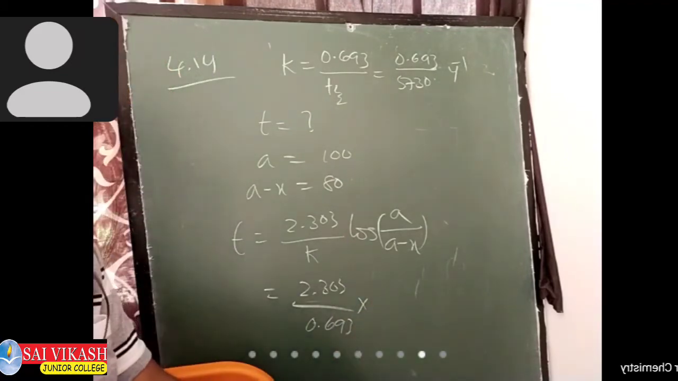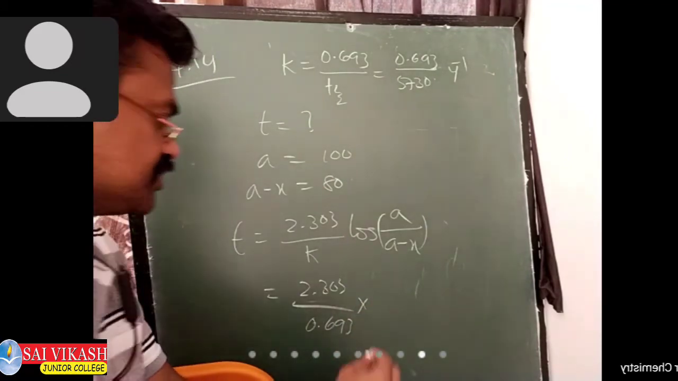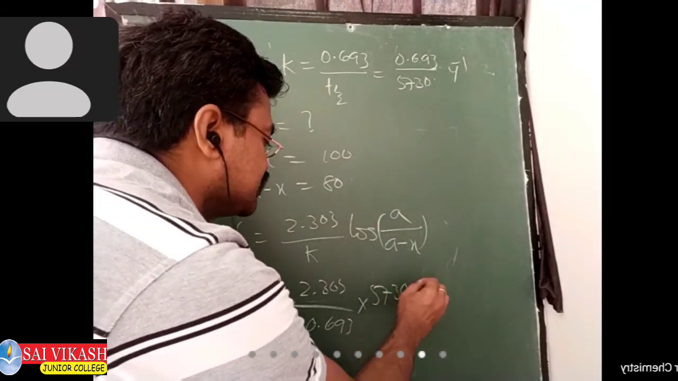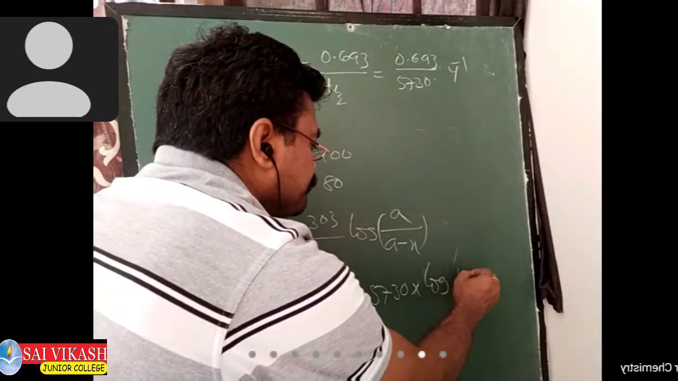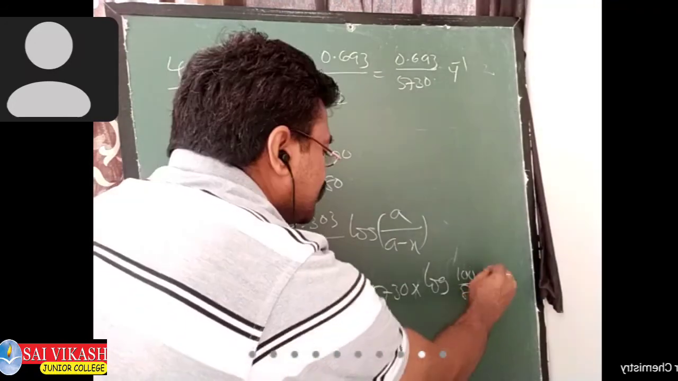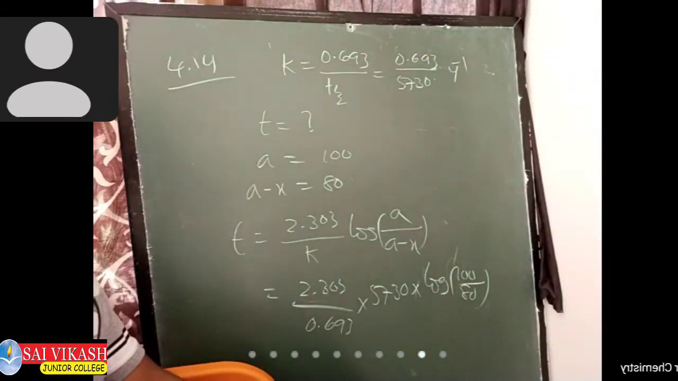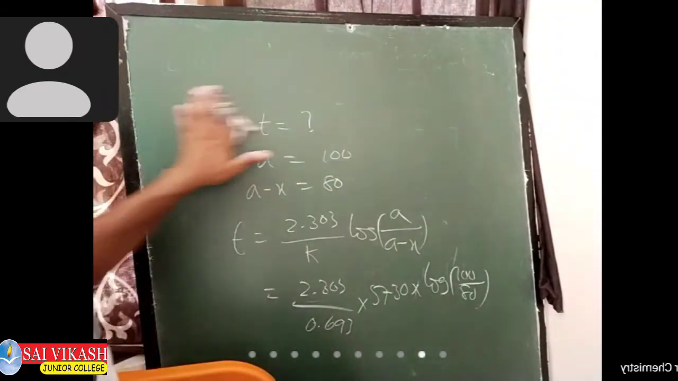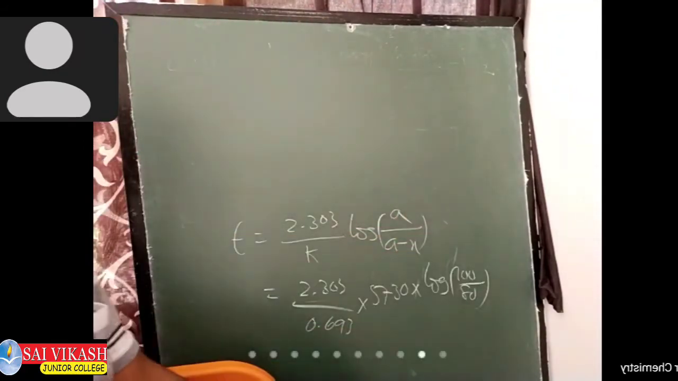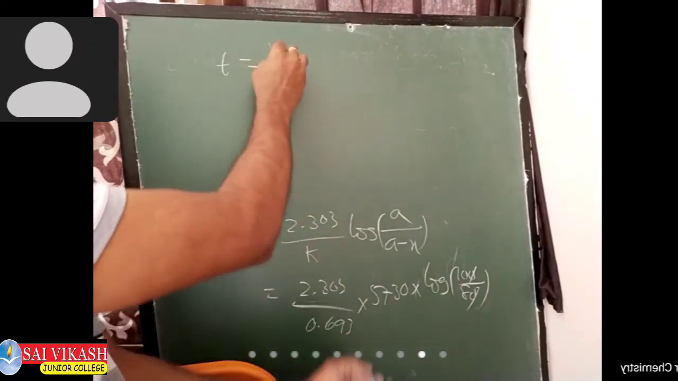0.693 by 5730 means into 5730 into log of A is 100, A minus X we got 80. Just simplify, you will get the age of the sample there. So this is cancelled, 0 0 is cancelled, therefore T equal to